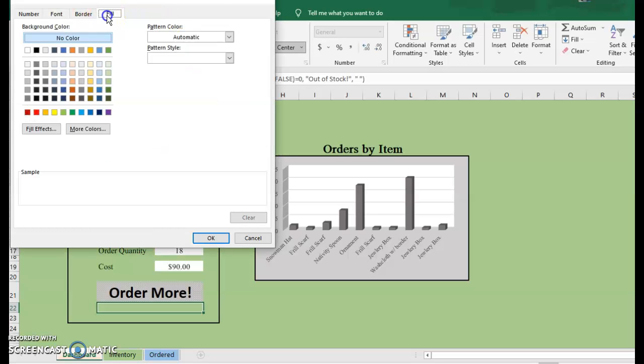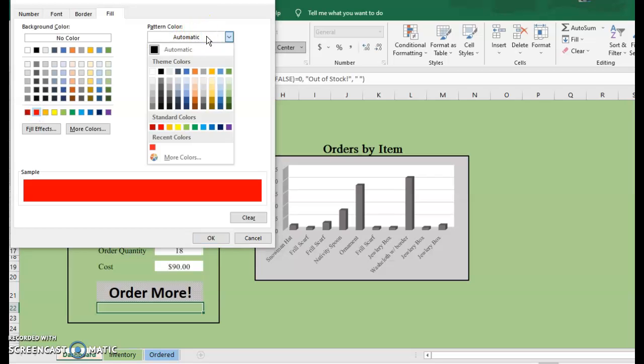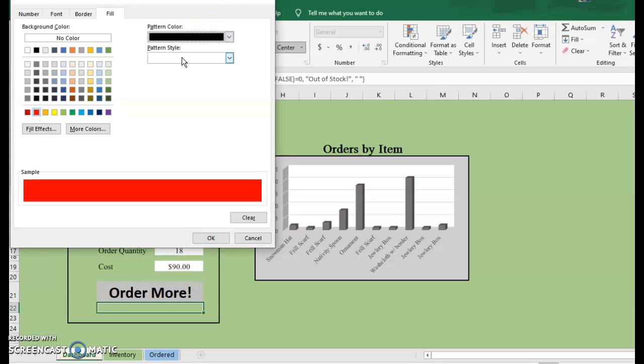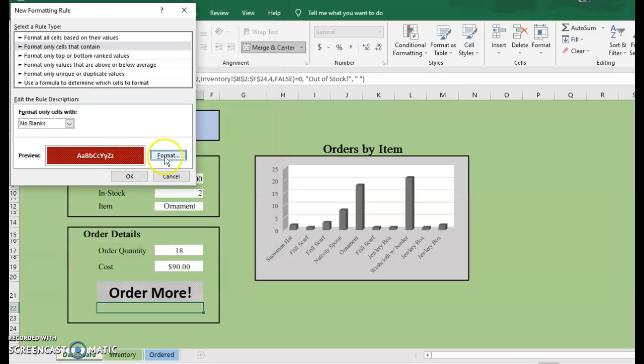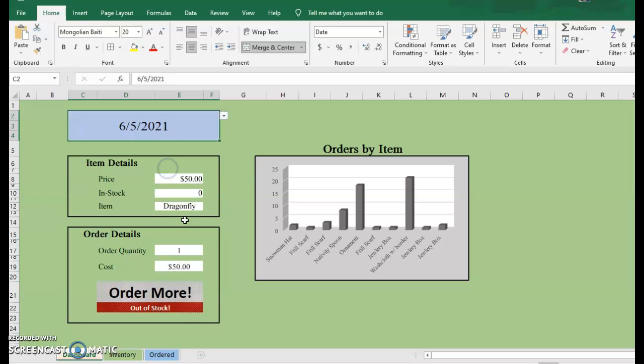Let's make it white. Go to the fill and make that a red, because if we're out of stock, we want it to be a big deal. And make it black. Let's use the same pattern style. There's a whole bunch to choose from, but this one kind of is like a cross stitch type pattern, so I'm going to go with that. I'm going to say okay. Now that's not going to show up unless I'm out of stock, but I still want it to be bigger. So let's say 15, and let's